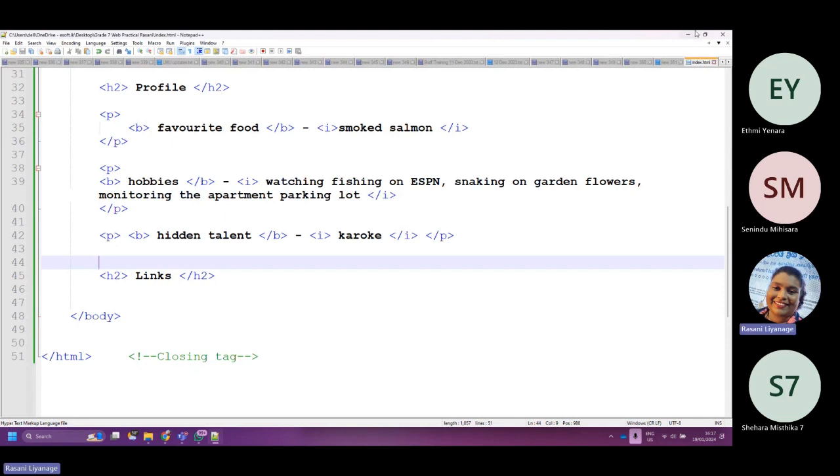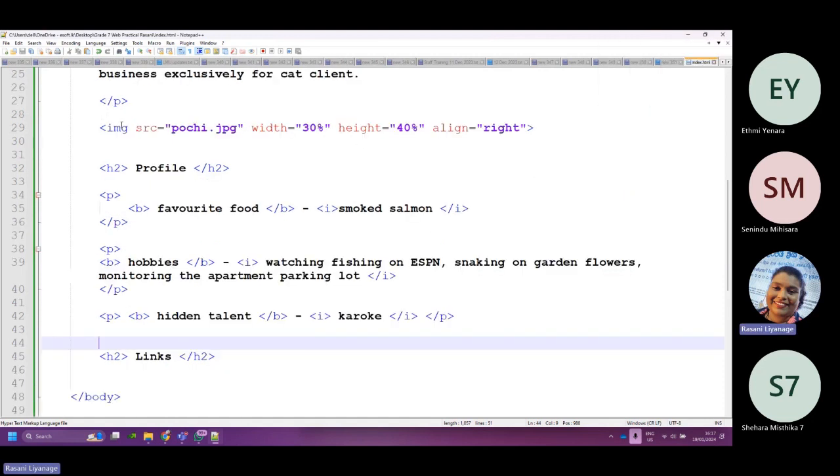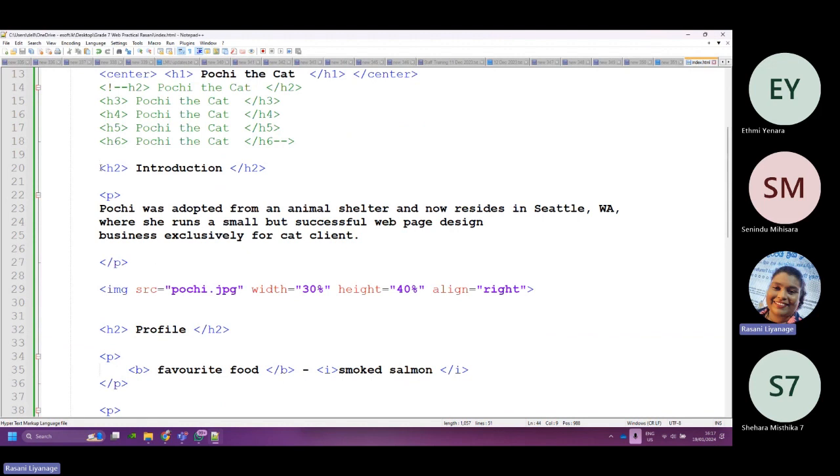Now, for headings, the H2s will get underline. It has to surround H2. What was at the top? Introduction. Bold, italic, underline, the same.